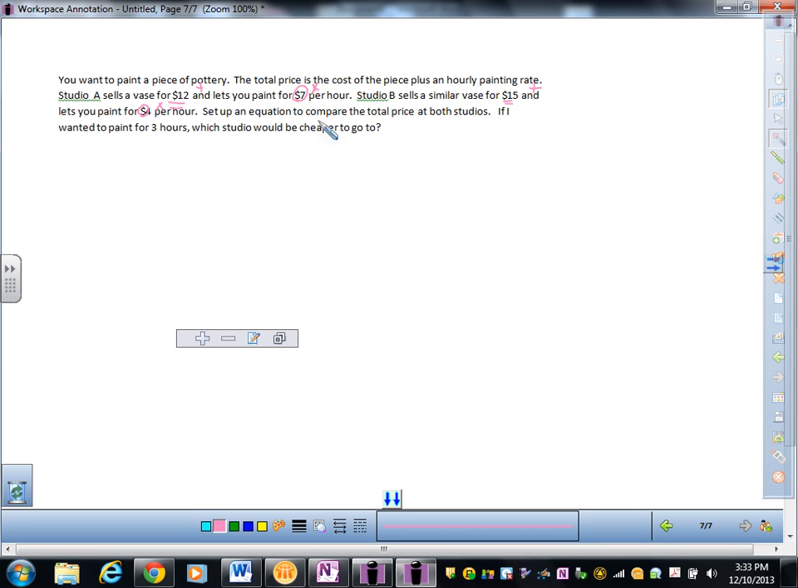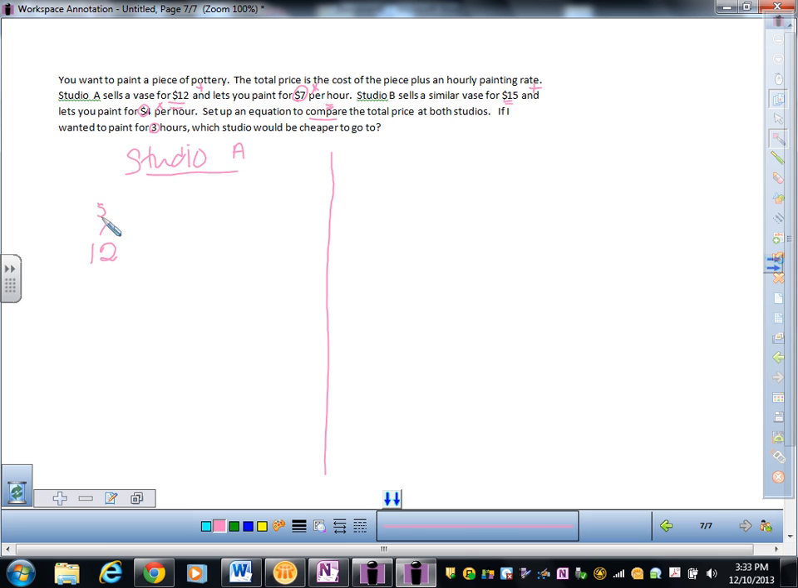Set up an equation to compare. Compare means equal the total price at both studios. If I wanted to paint for 3 hours, ooh, that tells me what I want to paint for. Which studio would be cheaper to go to? Okay? Well, first it says compare, so I need to find out when they're equal to each other. So over here I have Studio A. And in Studio A, it costs me $12 for the vase, cost of the vase. And, I had an and there, so plus